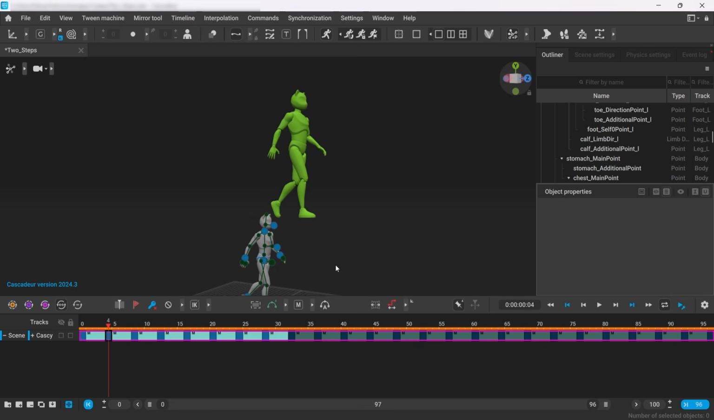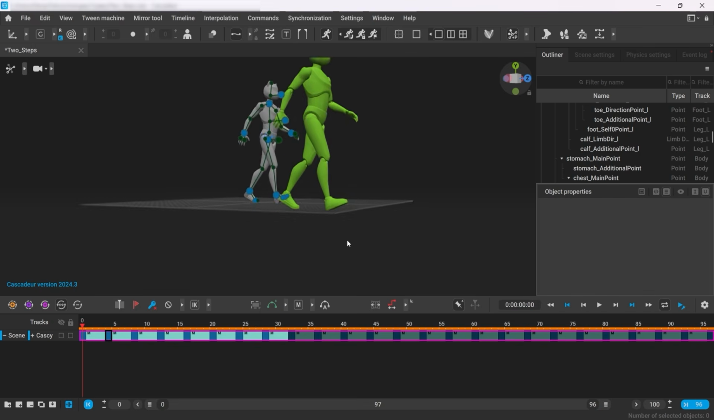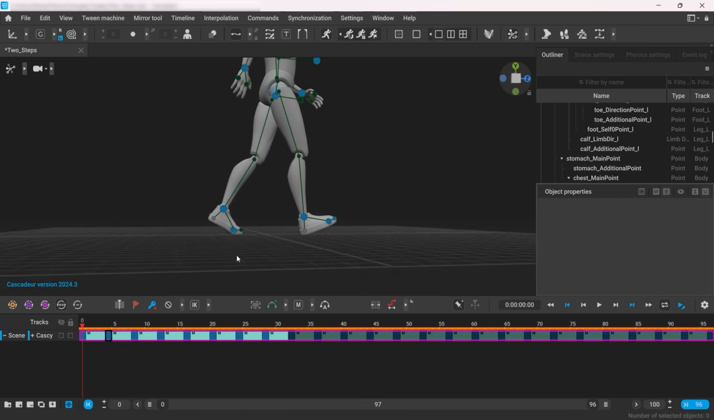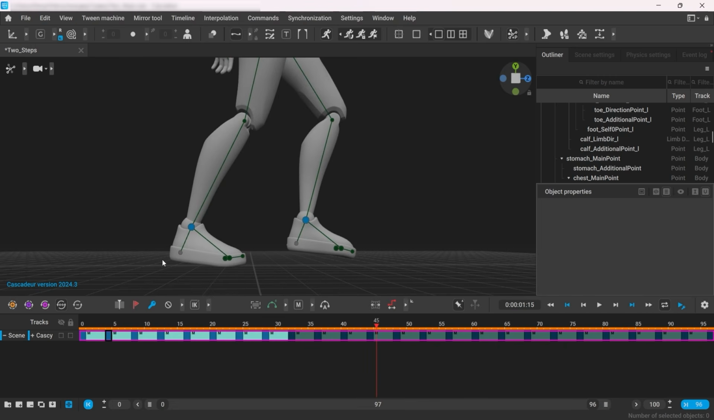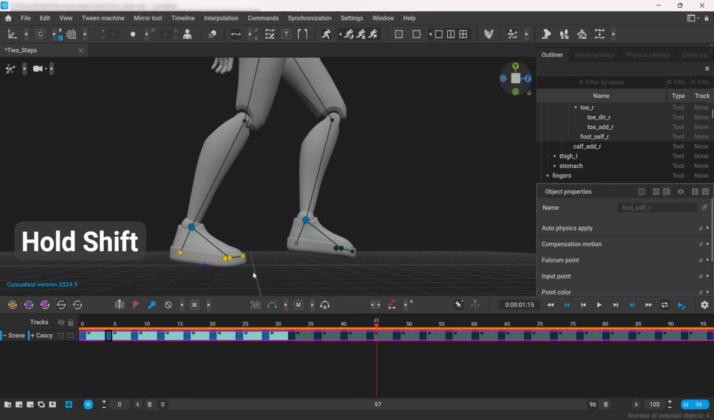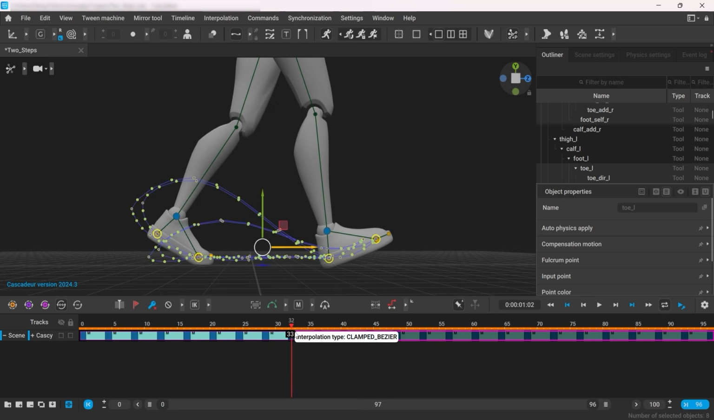As you can see, this is not exactly what we're looking for. Our character is jumping for some reason. This happens because we haven't defined the correct fulcrum points. Since our animation is in one place and the feet are constantly sliding along the ground, the foot points are not considered fulcrum points. In order to turn them into fulcrum points, we need to select all the foot points and select the interval. Now go to Object Properties, Fulcrum Point,